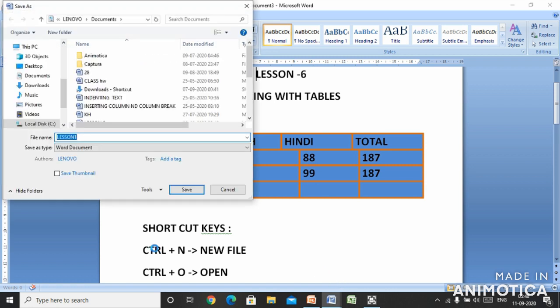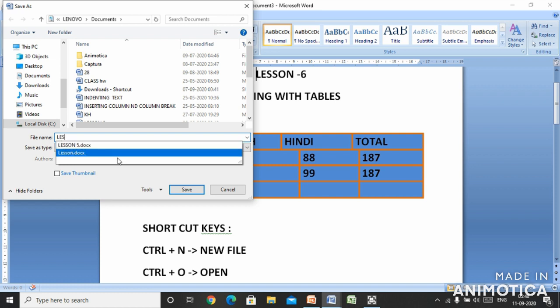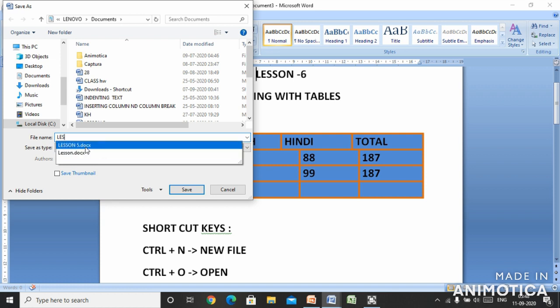So see, suppose how to save a document. Suppose this file name has come, so I will write here anything. Now you can see here docx. I have taught you what the meaning of docx is. See here, I'm working in a Word document, so the extension docx has come.